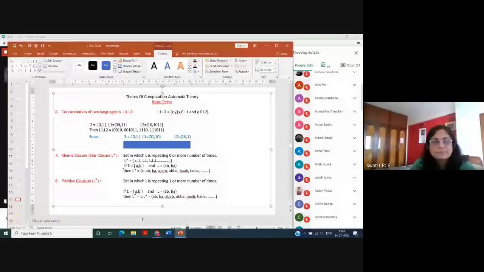See, one problem is solved over here, no? I said that you take the first element from here, concatenate with the first element of the second language. Then the first element here, concatenate with the second element of L2. Then again take the first element from here and the first element of this. First and second, second, first, and second, second. And that will be the answer. So here 0010, then 001011, 111110, 111011. Like this, solve this problem. So what is that set?